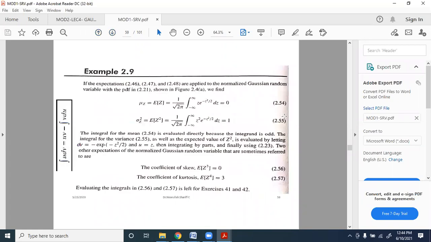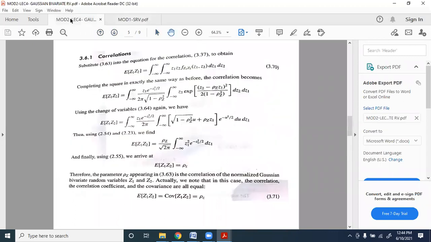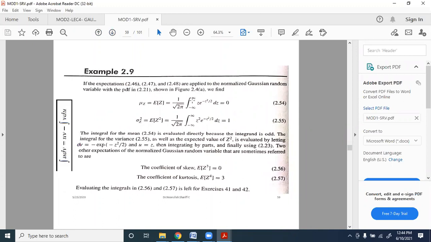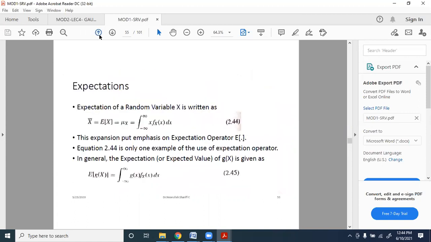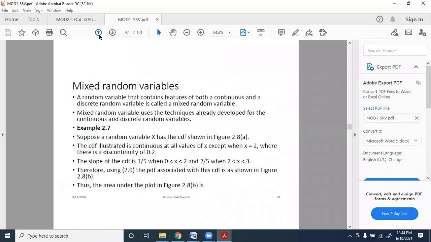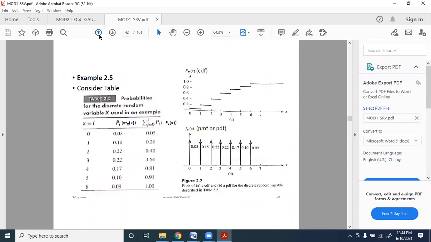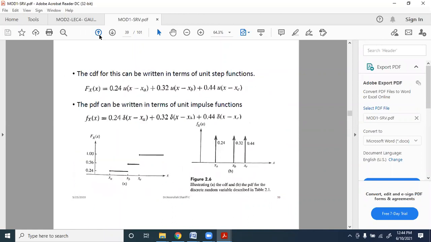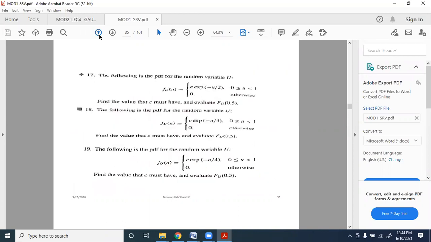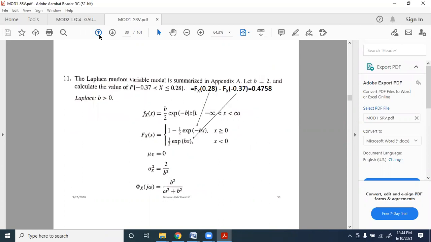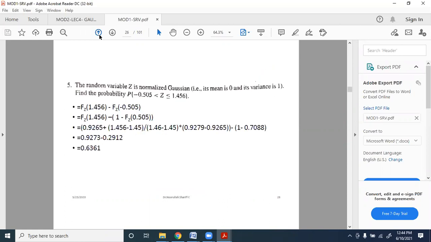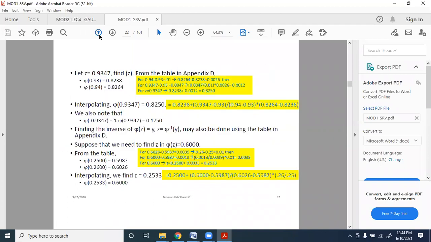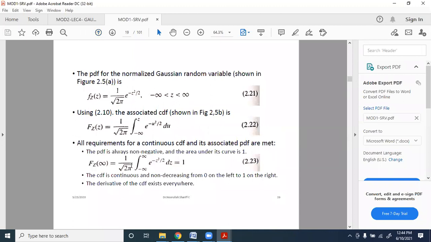So these two equations, 2.54 and 2.55. If we consider those, 2.54 and 2.23, again we need to go back one step. 2.54 we have written over here, that is, the mean is equal to 0. 2.23 is what we need to go back and check. Yes, so we have this over here.